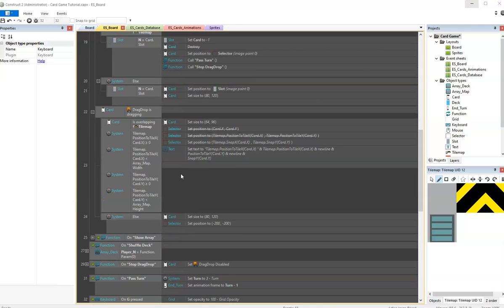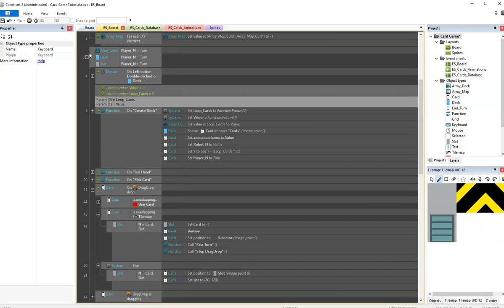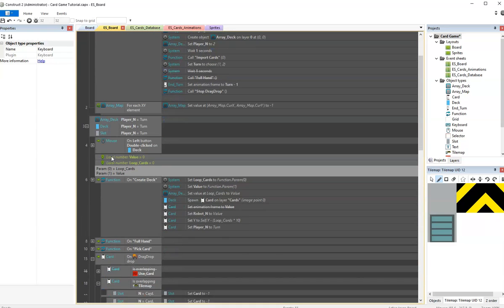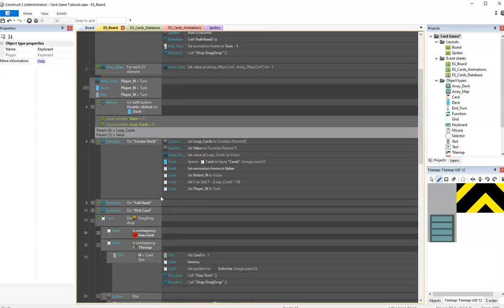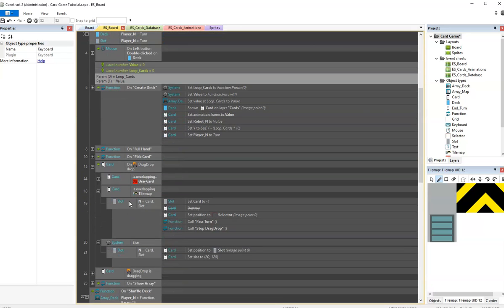We go on here, close this one, and we close all the things we don't need. Actually, no, we need this one open because it's inside our filter, the condition on drag and drop. And when we have this line to check basically if the card is dropped and is at the same time hovering, if it's on top of the tile map, then we check the slot of the card to understand which card it is. We add another condition,